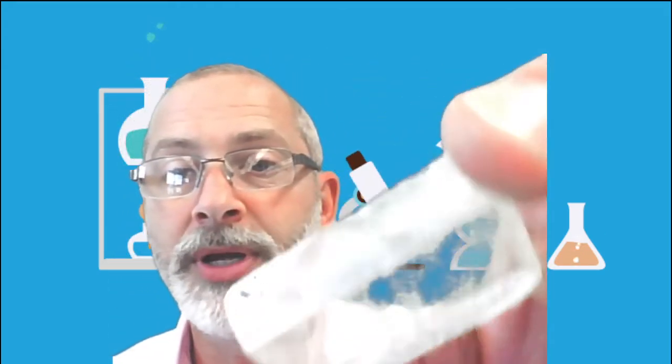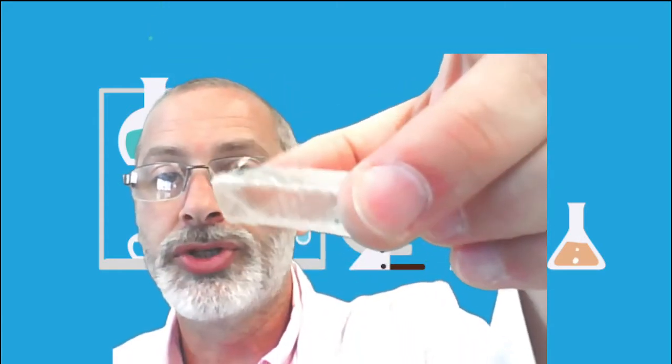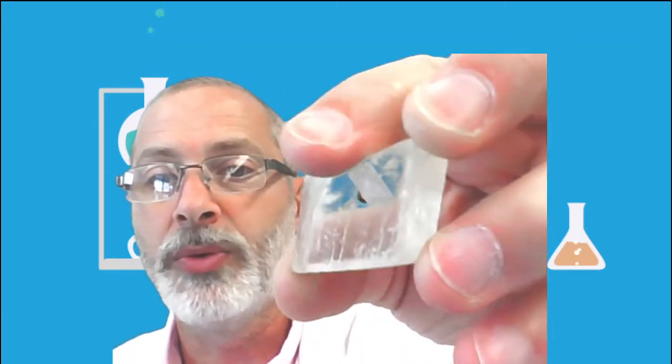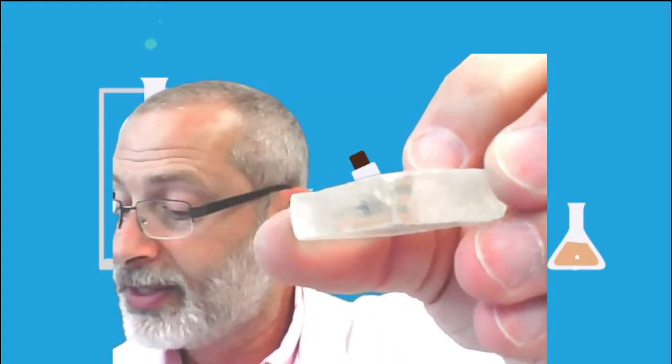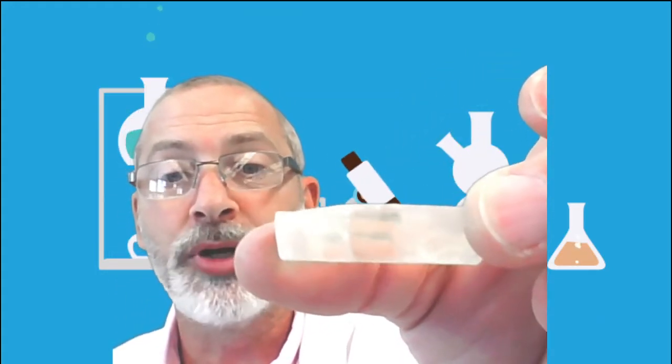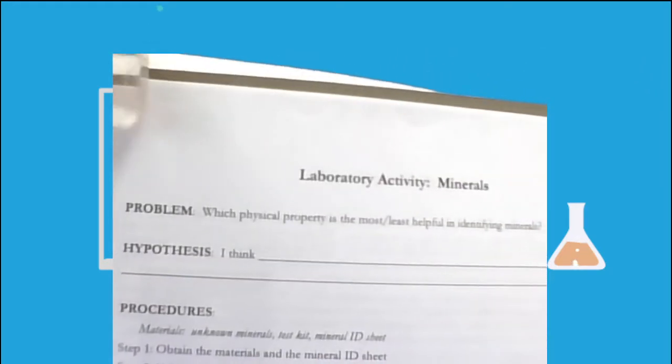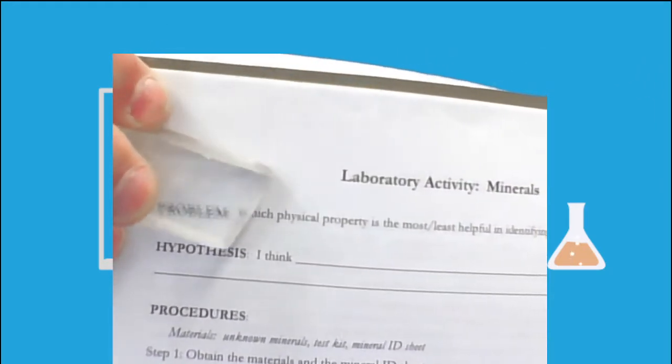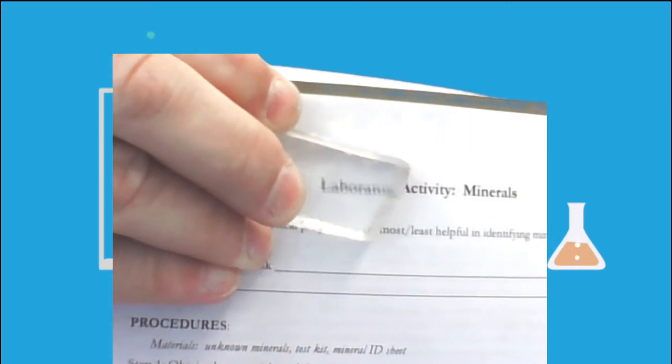Mineral number 9 looks like this. Here's mineral number 9. You can see its crystal shape here. Compare it with the ones that you know. And the hint says to check its optical properties. What does that mean? What that means is hold it up to some writing. Now I'm going to hold it up to the laboratory activity in our book and look at what happens when